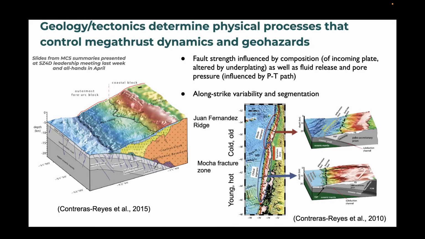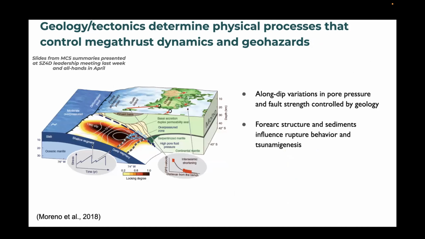So for example, this is one example for Chile, where it's nicely shown that fault strength is influenced by the composition, or we know that fault strength is influenced by the composition of, for example, the incoming plate altered by underplating, as well as fluid release and pore pressure. And as I just said, along-strike variability and segmentation is important. Another example,